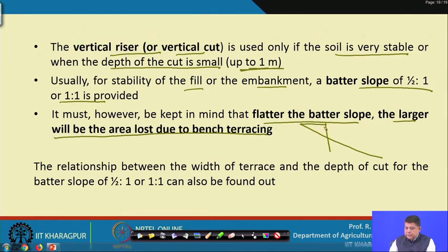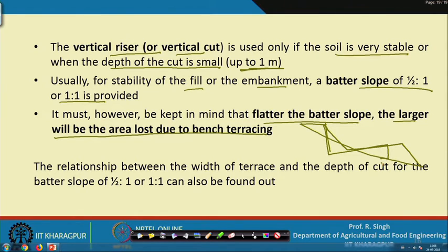So, this is typically for vertical, we are saying, but if we make this slope larger, that means this terrace will be here. So, this will be much larger. So, we are losing a much larger area under the terrace as far as cultivation is considered. The relation between the width of terrace and the depth of cut for batter slope of half is to 1